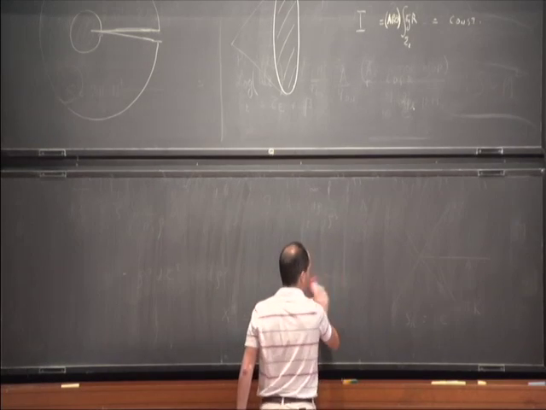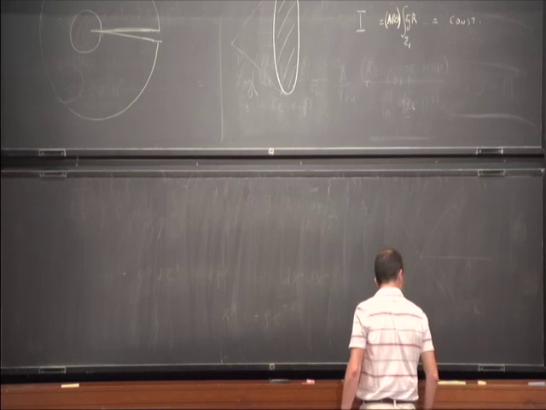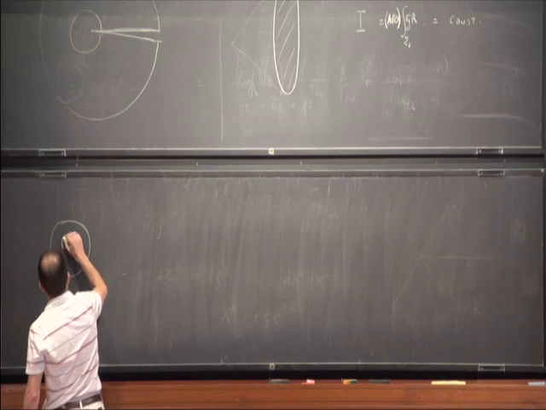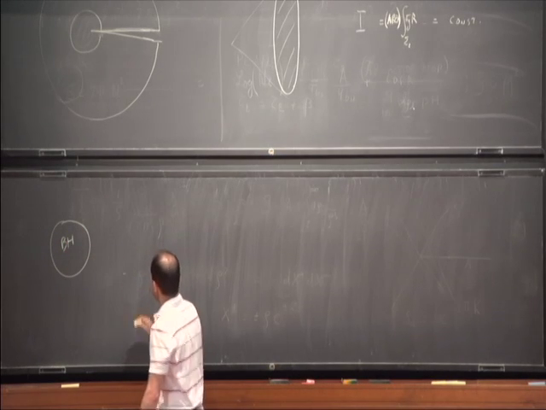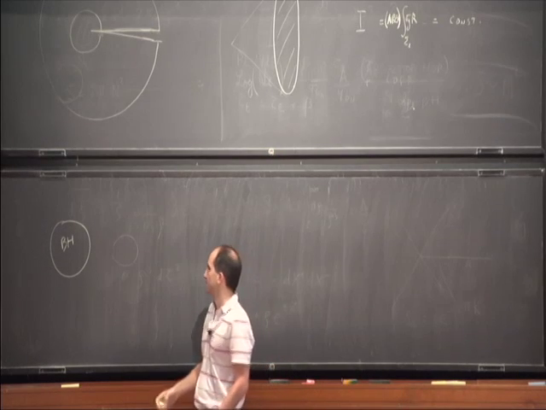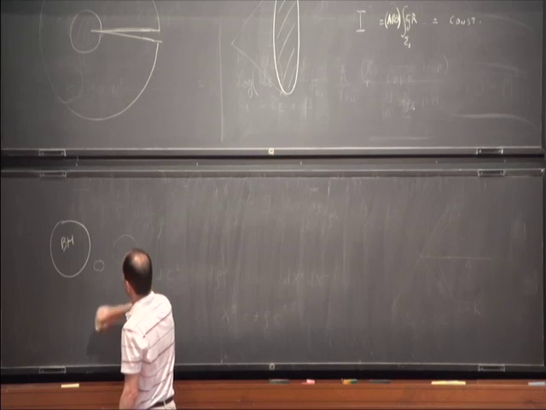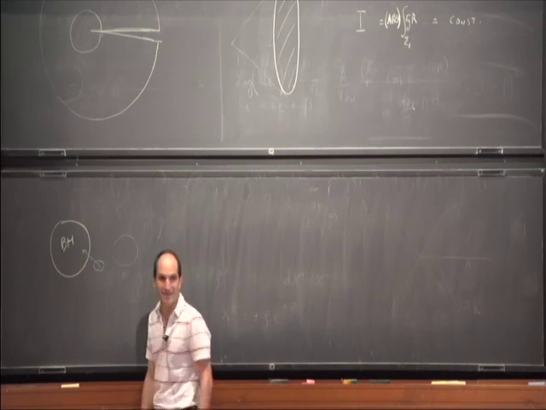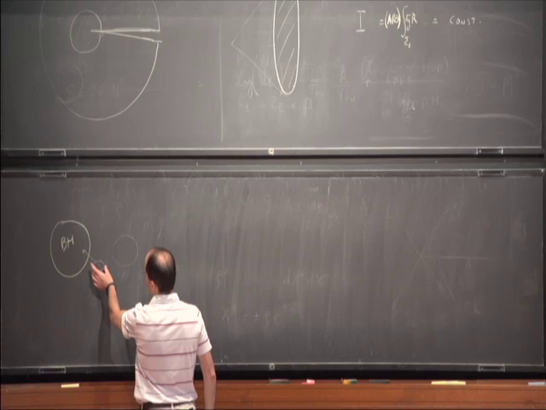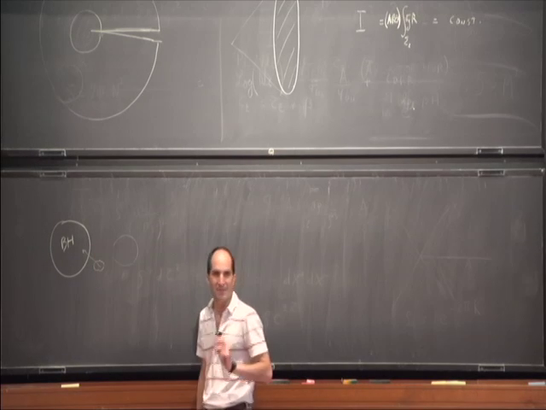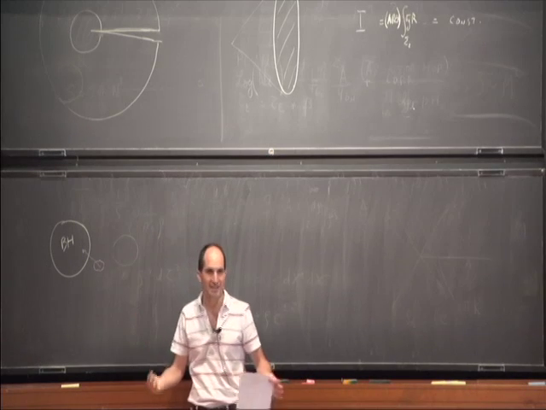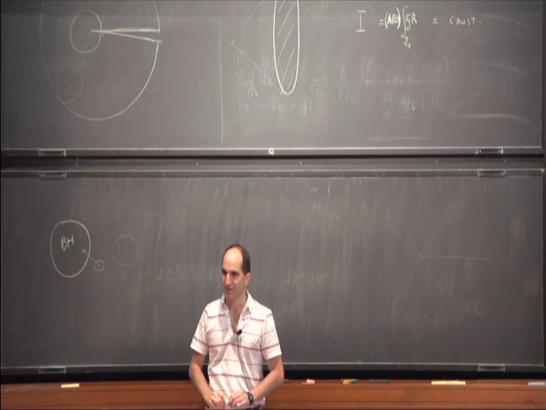So let's start with an apparent problem, which is the following. Imagine you have a black hole, and you have some matter outside. Okay, so you have some system outside the black hole, and let's say you have some hot water here, and you now send it to the black hole. It falls into the black hole, but this hot water had some entropy. So it looks like you're throwing the entropy behind the black hole horizon, and now the entropy of the matter outside the black hole has decreased. Okay? So this is an apparent